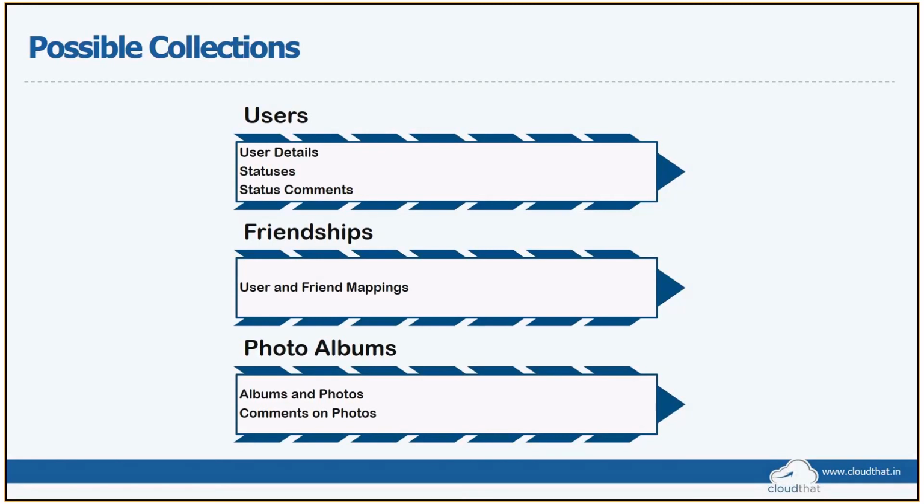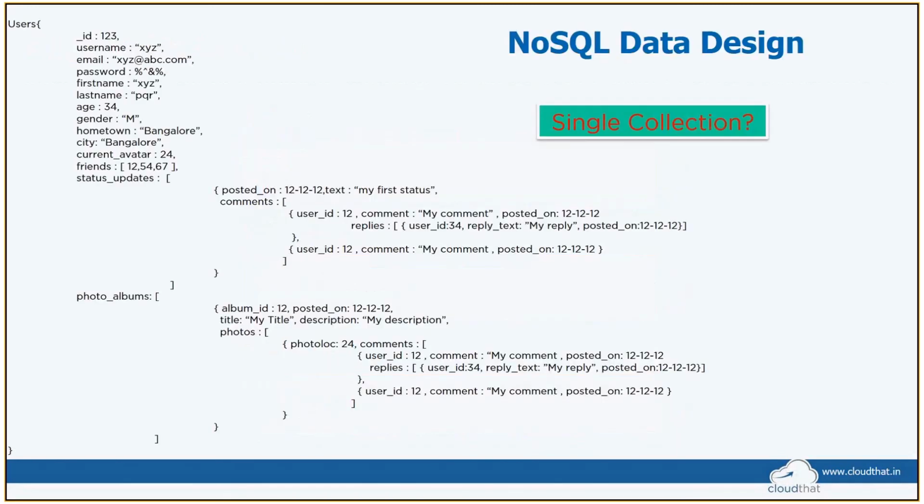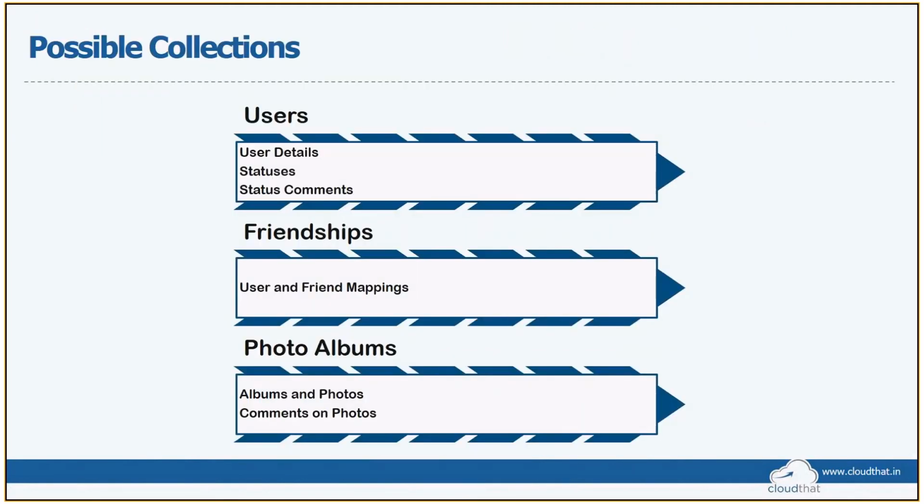Having said that, know that this is not something that is completely desirable. It is very easy to tell what not to do in NoSQL databases, because a single collection may not be the solution all the time. What to do, how to come up with your schema design, completely depends on your application. So understand your application properly, and then you can come up with a schema for NoSQL databases.